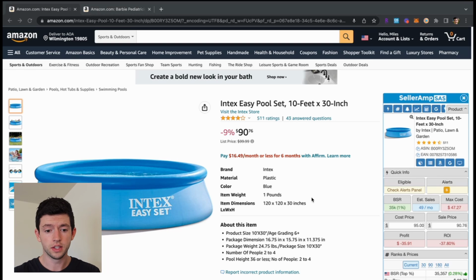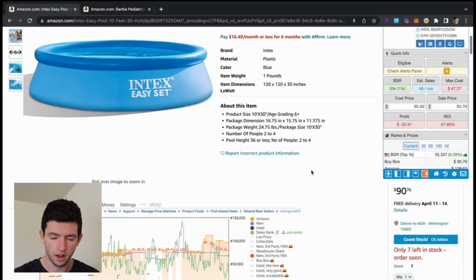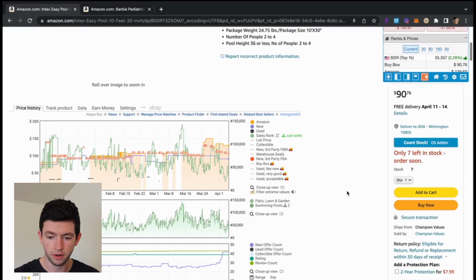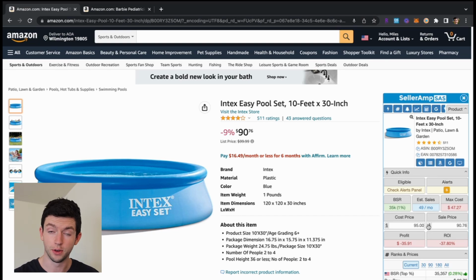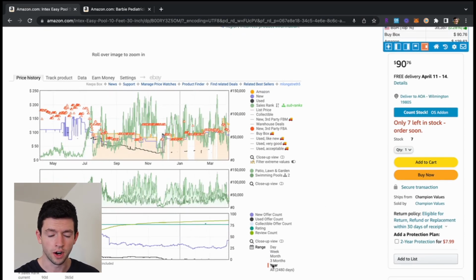So looking at this screen right here, this is an Intex pool, and according to SellerAmp, we can see the profit right now. So right now you could buy one for 90 bucks. It looks like Amazon was at 129 on them, and the lowest price is 90 right now, so they'll absolutely not be profitable. But coming down on the Keepa, we can look at the year chart,